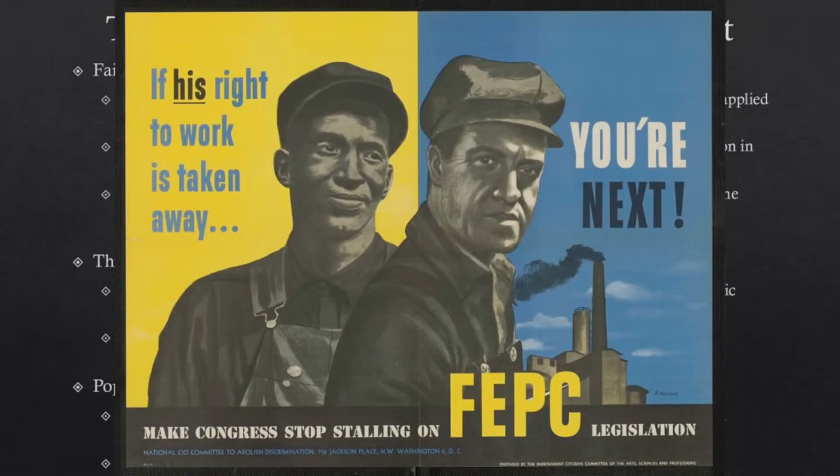So the FEPC, to appeal to the white worker, was like, hey, if they can take the right of the black worker away just because he's black, they could use any excuse to take your rights away as well. You know, just because you're white and that's the current advantageous thing. Hey, what if they decide, well, you've got Irish ancestry and we don't want people with Irish ancestry in here anymore, and then they just kick you out. So we need this thing,